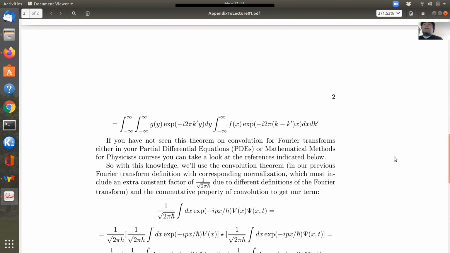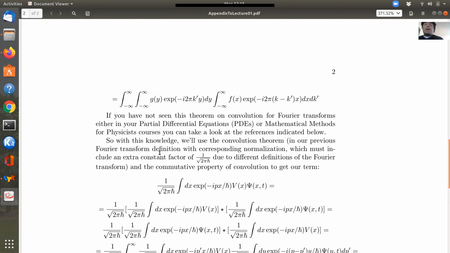And again, this is quite usual in either a partial differential equations course or a mathematical physics course when you touch the topic of Fourier transforms. If you have not seen it, I'll give you 2 references at the end where you can look for more info. And with this knowledge, we'll use the theorem under the different definition of the Fourier transform that we have